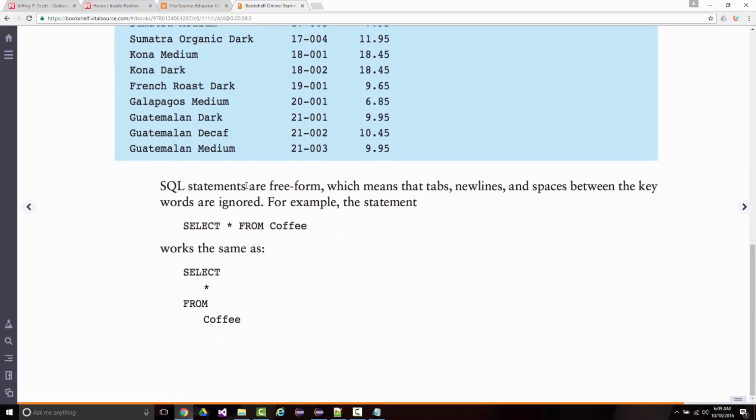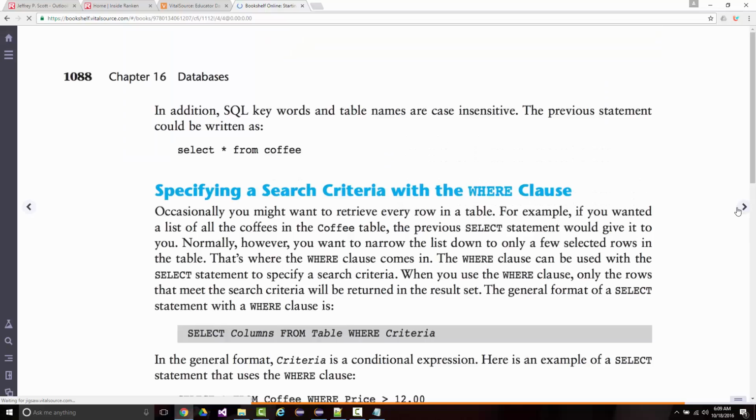Notice SQL statements are free form, meaning that tabs, new lines, etc. are ignored. It's virtually like using HTML. All right. So you could write that like this. You could put everything on one line. I always tell people, this is my opinion, that